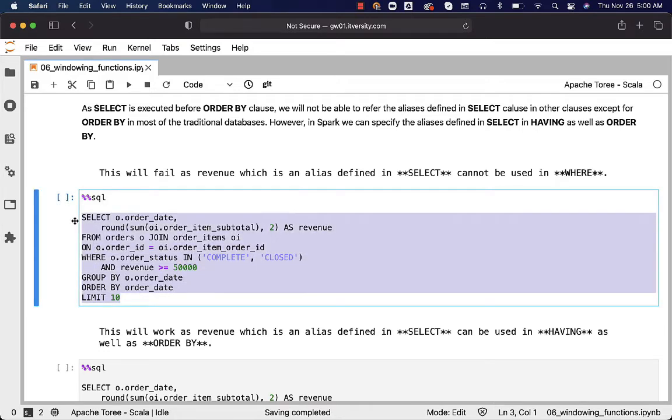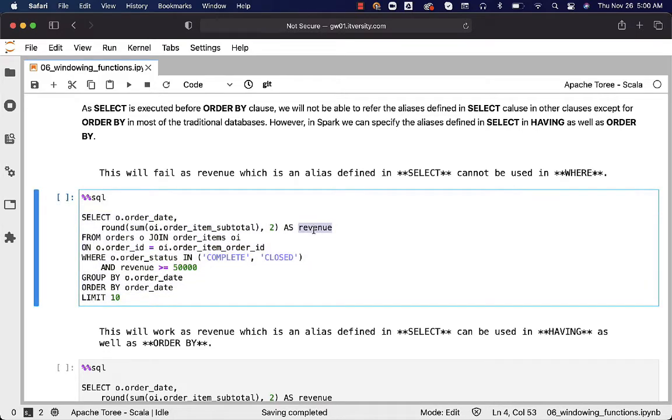So in this case, we have revenue, which is nothing but an alias, and it is specified as part of the where. Because select will be executed after where, the aliases that are specified in select will not be available as part of the where or even in from or on. In any case, in from we typically define tables only. We will not be specifying columns, and hence it is not applicable.